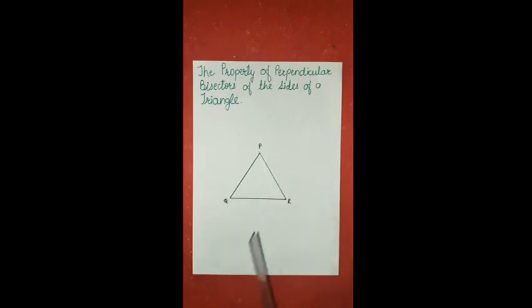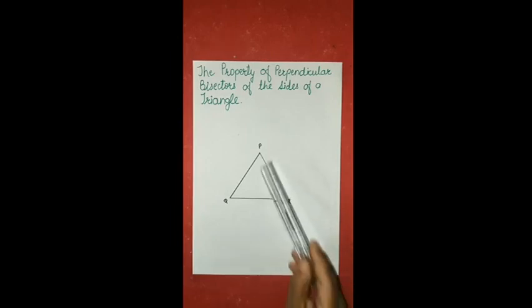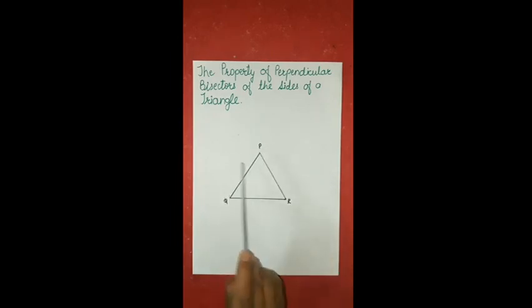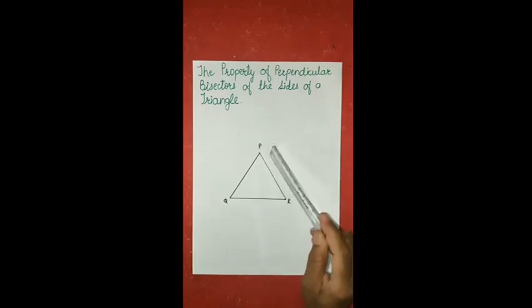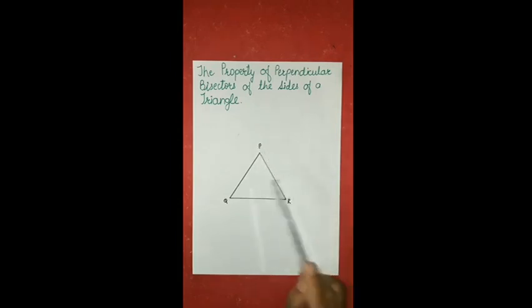Now here we have to draw 3 perpendicular bisectors on all the 3 sides. Everyone knows for drawing the perpendicular bisector, we give arcs on both the sides of the segment. So for segment PQ, we will give arcs on this side as well as this side. These are the 2 sides of the segment PQ. Now for drawing the perpendicular bisector of segment QR, we will give arcs on these 2 sides of the segment, whereas to draw the perpendicular bisector of segment PR, we will give arcs on these 2 sides of the segment. Now let us start with the perpendicular bisector of segment PQ.